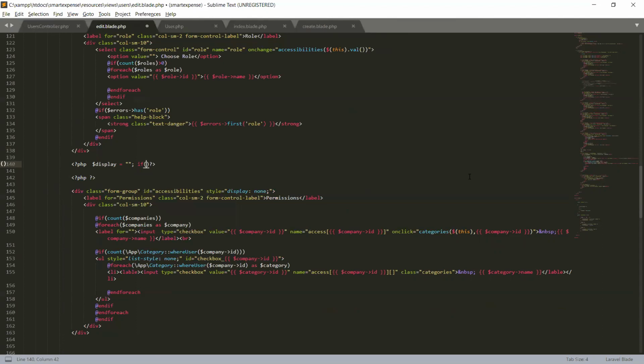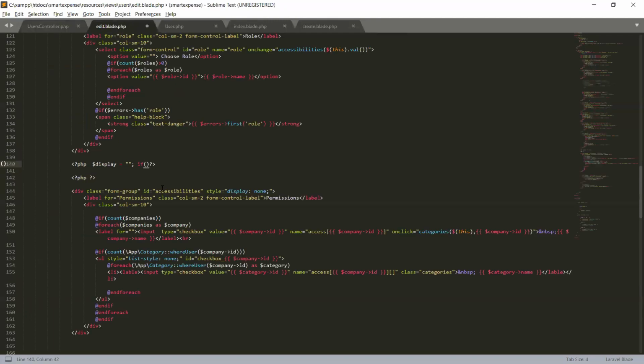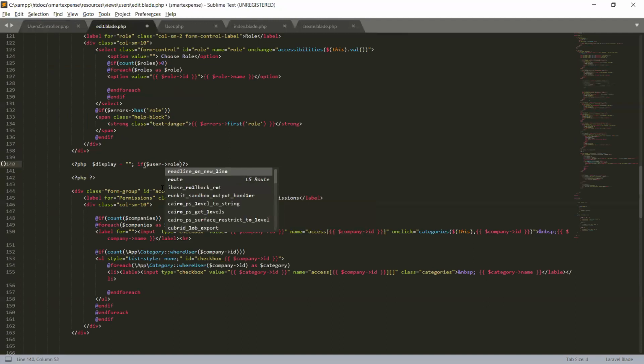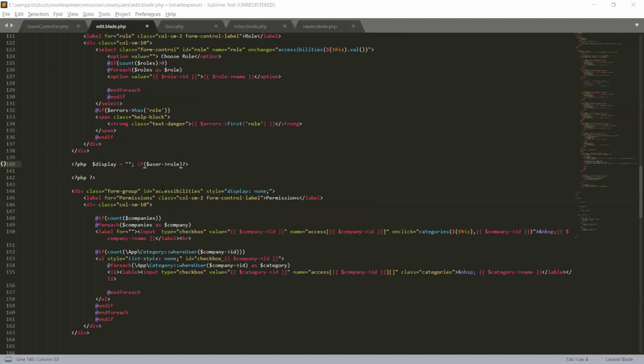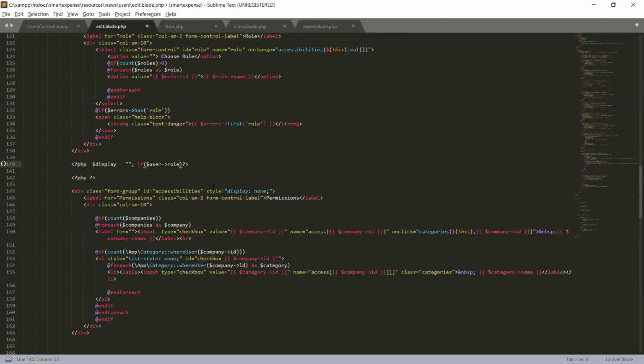If the user role that we are getting from the user controller, which is in our database, in the user, if the role is equal to 1, the 1 is for super admin,